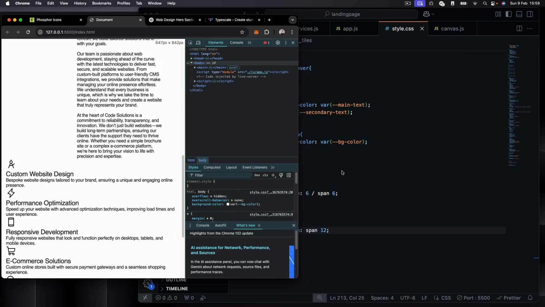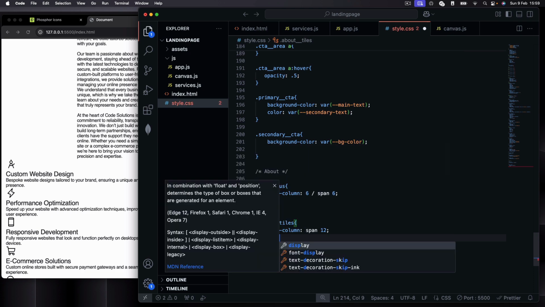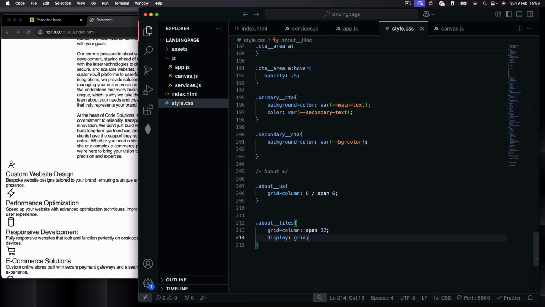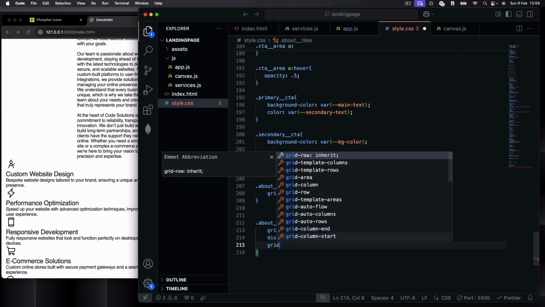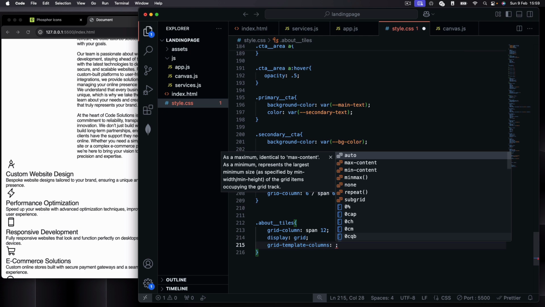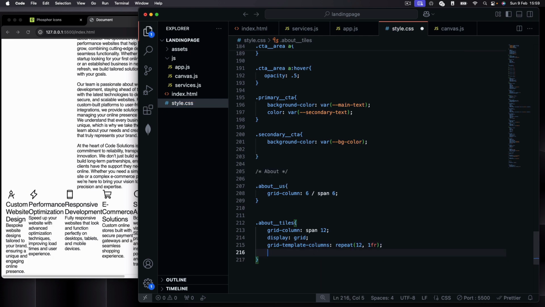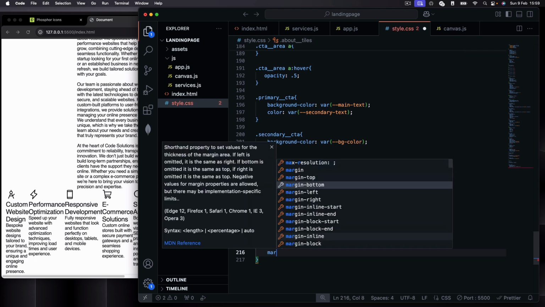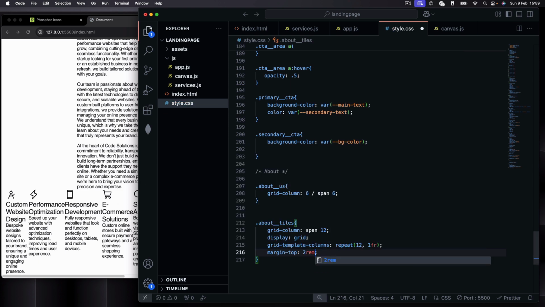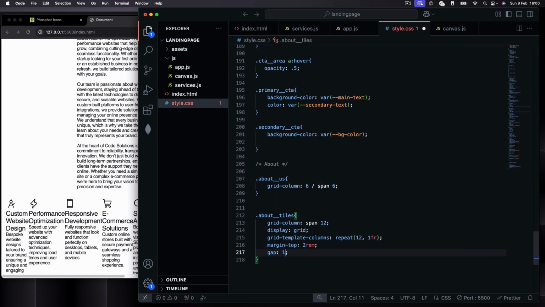Okay, and then I want to display this with grid as well, display grid, and here we'll just do grid template columns again, repeat 12 1 fr, like so, and then I want to give this a margin top as well, because it's a bit close to our about text at the moment, so margin top of 2 rem, and then we'll say a gap of 1 pixel,